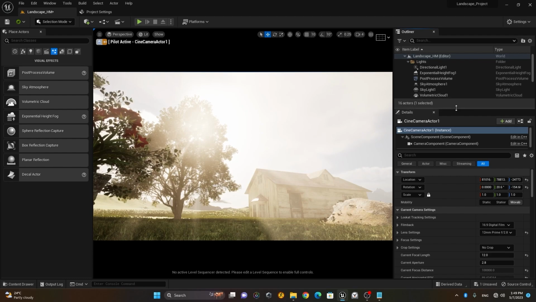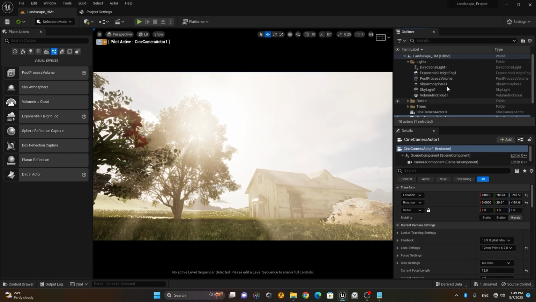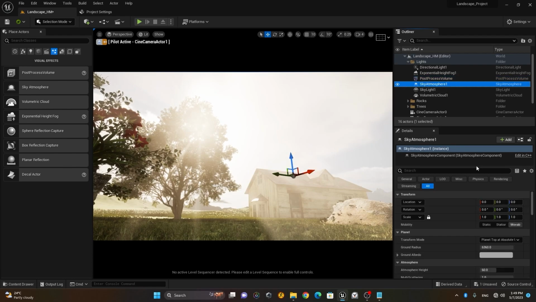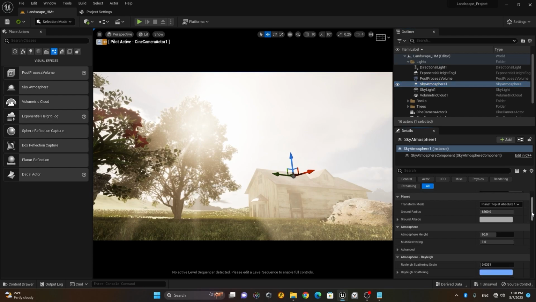Okay. Now in the post-process volume, let's see what else we can check. But before doing that, let's go to the sky atmosphere and let me show you what it is. Now, sky atmosphere creates an atmospheric effect around your Earth, you can say, around your planet. So here you can see planet at top absolute, it creates this result, and center creates this result. So I will use the top,